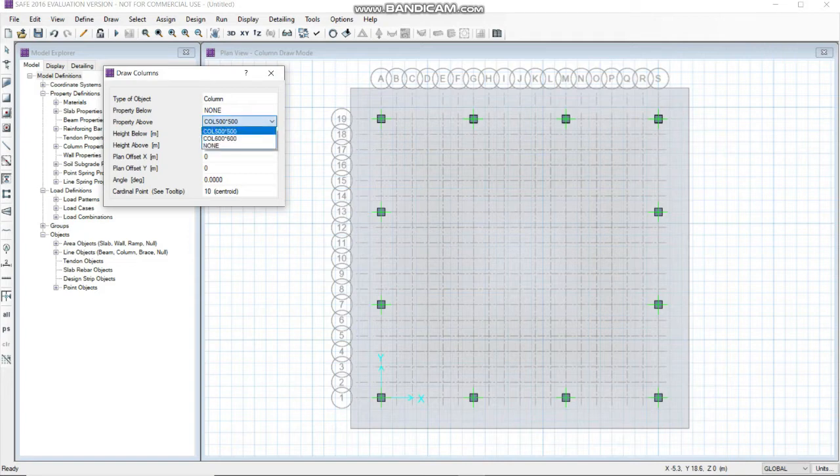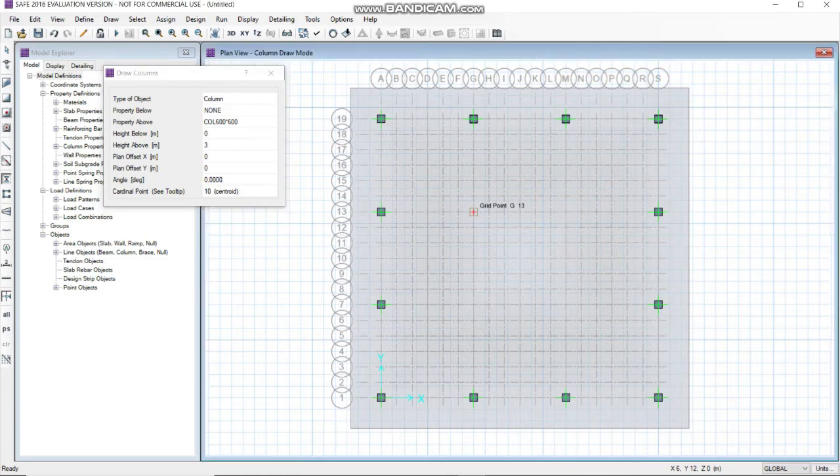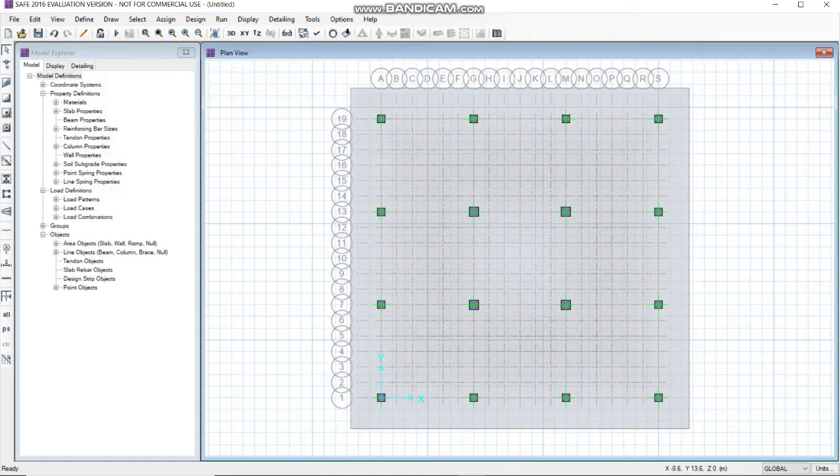Make the property above into column 600 by 600. Now select the points which is the column of size 600 by 600. So placing of columns has been completed. Click the escape button. As you can see, the mat footing and columns has been drawn.